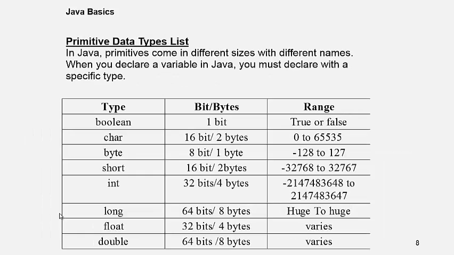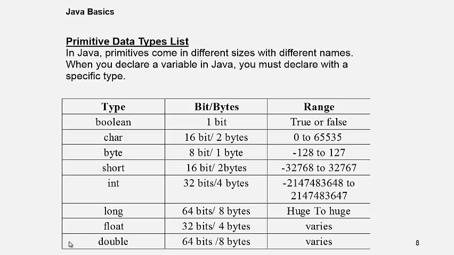First let me tell you how to calculate the range of these variables. You don't have to memorize the range of these variables, and there is a very easy way you can learn the order of the size. Just remember byte, short, int, long. You can easily learn the size of a boolean, that is 1 bit. It's so easy, you can remember it.